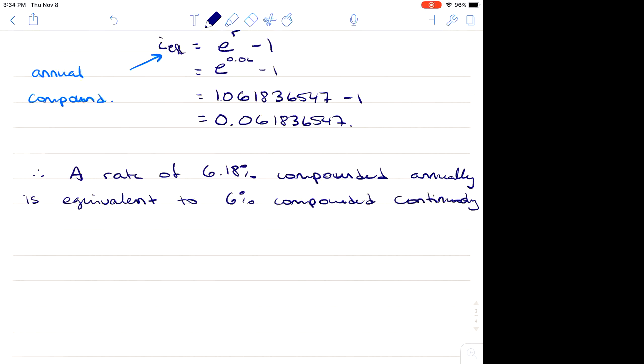Like I said, this is a special case. But let's start talking about equivalent interest rates. So moving from quarterly compounding to monthly compounding, how do we make these adjustments? This is a special case because the effective interest rate always moves to annual compounding. Now, if we want to move to something other than annual compounding,